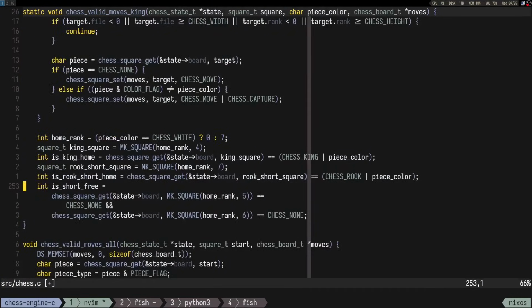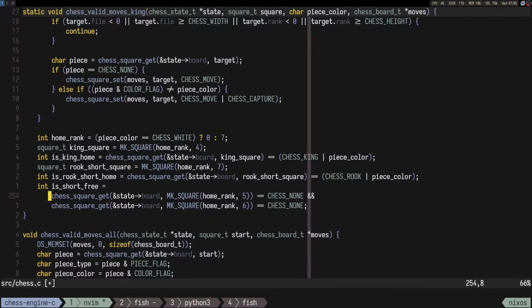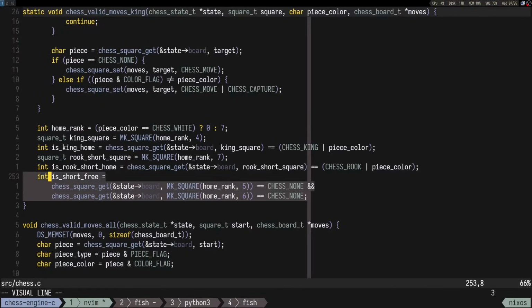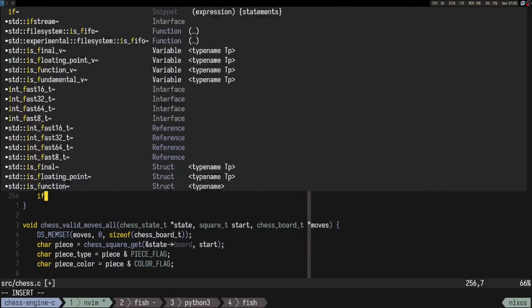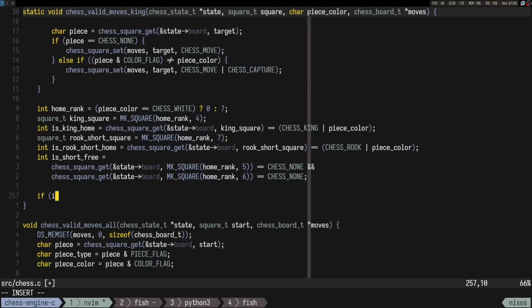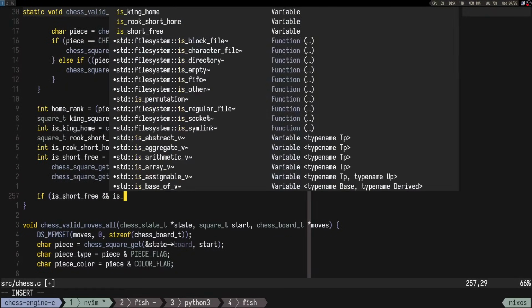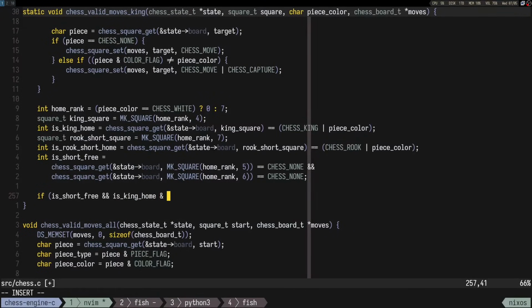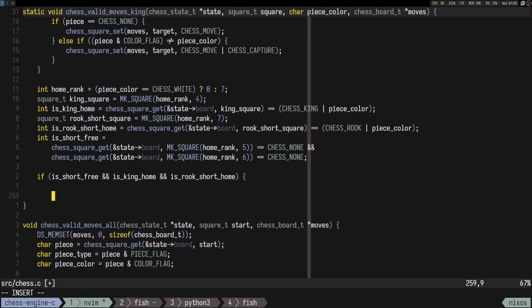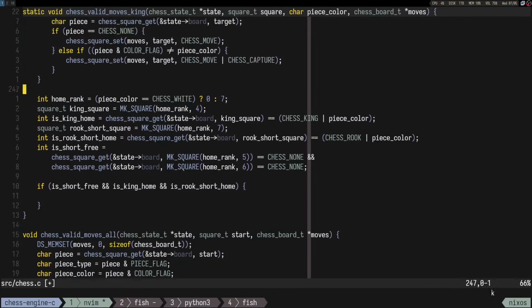So if these two are none, then short is free. So then that means that, if is short free and, oops, and king home and is rook short home. So if all of these are true, then